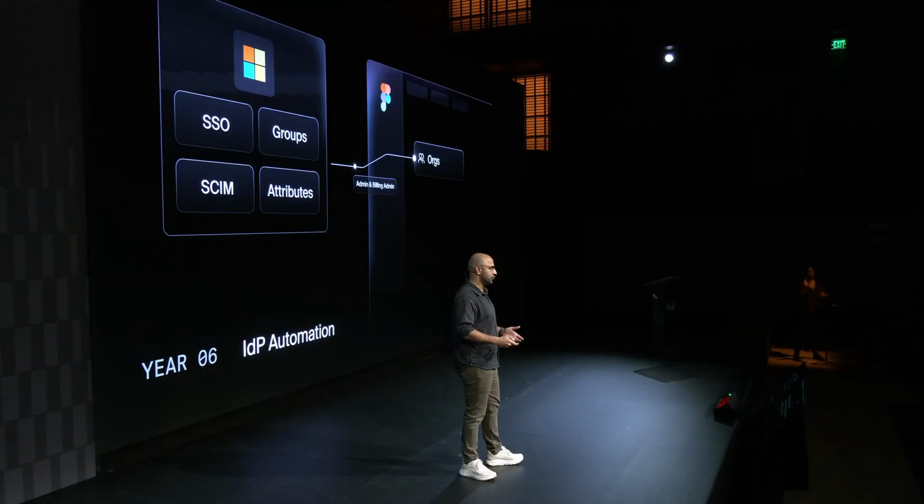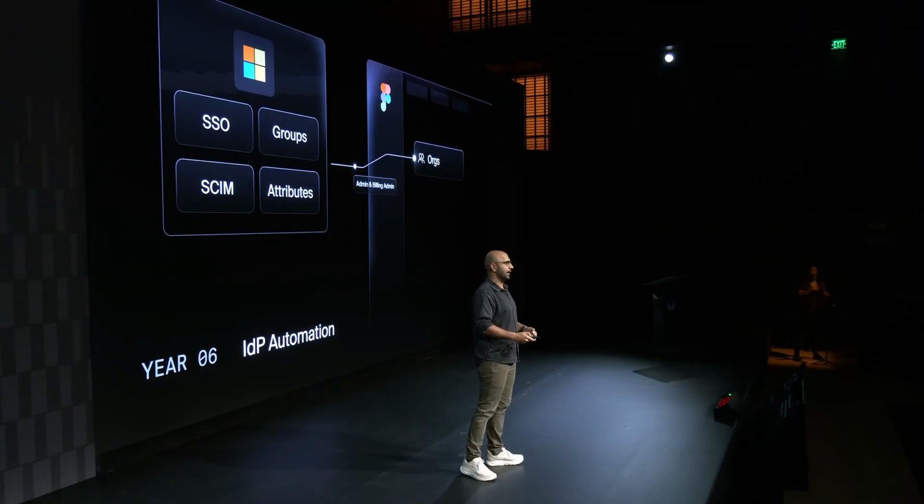So imagine this big company had this one admin who managed everything, and they either left the company or their credentials were compromised. This company has essentially locked themselves out of Figma. So the only way to get back the control is to reach out to Figma support and ask them to manually fix it for them. This is exactly the situation big companies don't want to be in. And that is the whole reason they want to automate everything from the IDP, because that's where they live and they have full control over it.